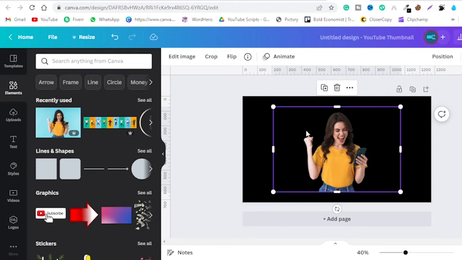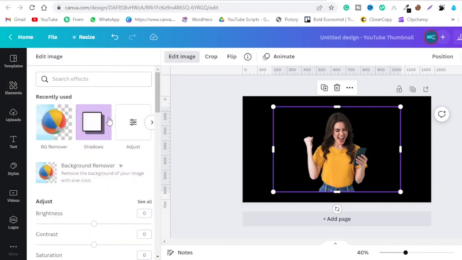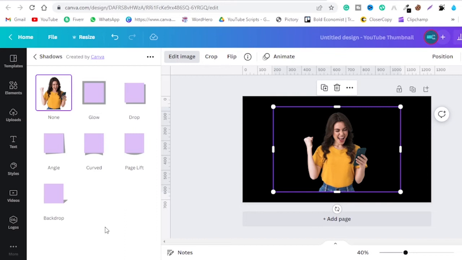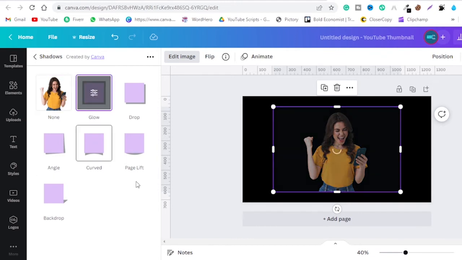So for that, just click on this, go to edit image, and search here shadow. Now just click on shadows, and if you're trying this for the first time, it will ask you to use it. There will be a button at the very bottom end. Just click on that and you will be moved to this page. And now it has six more options over here, but if you want to add the glow around its complete body, so you need to choose this option, glow. Just click on this,